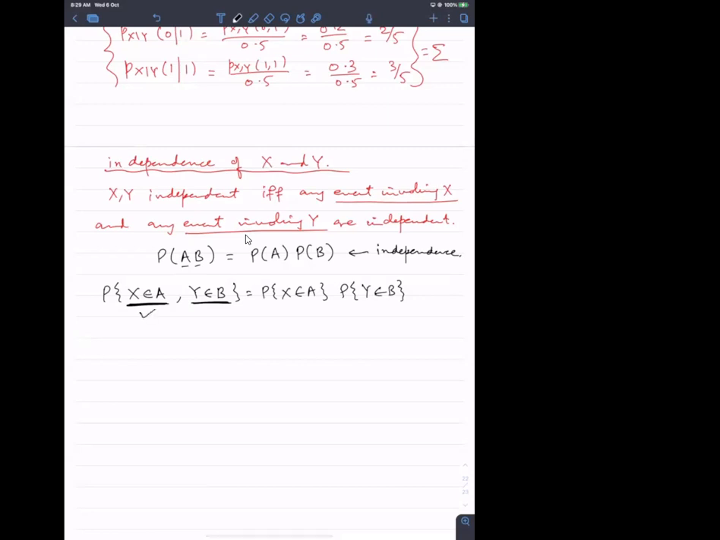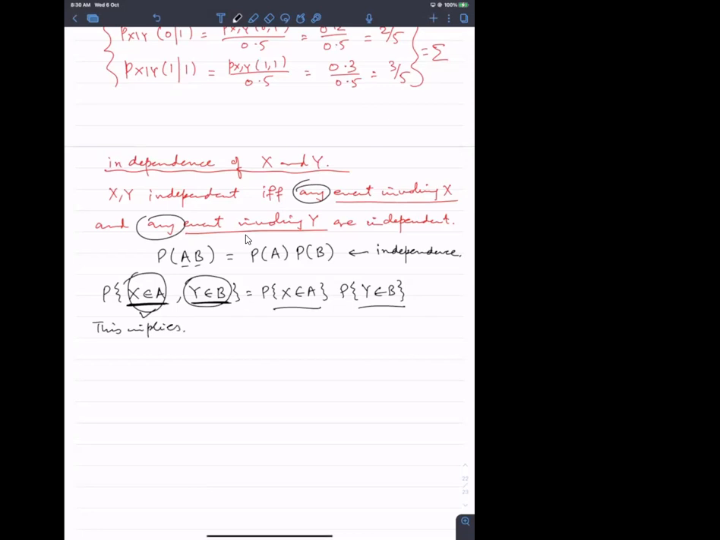So this is an event X belonging to A, X is an element of A. This is an event involving X. This is an event involving Y. When these two events are independent, for any event involving X and any event involving Y, then we say that random variables X and Y are independent. What this implies is